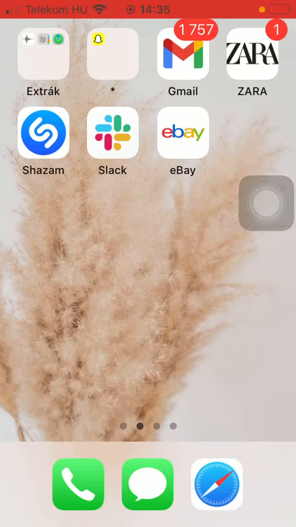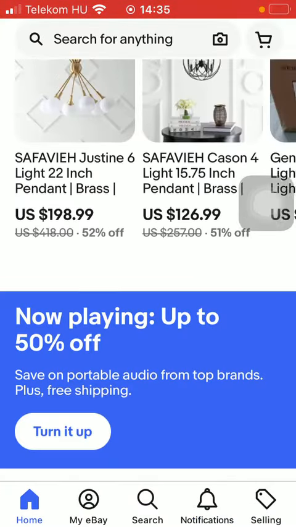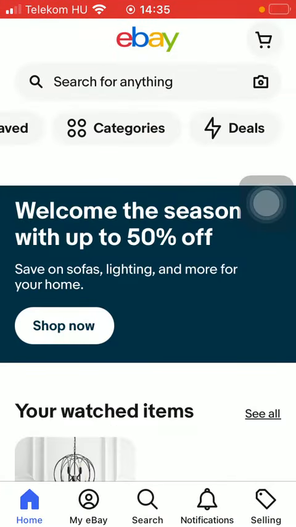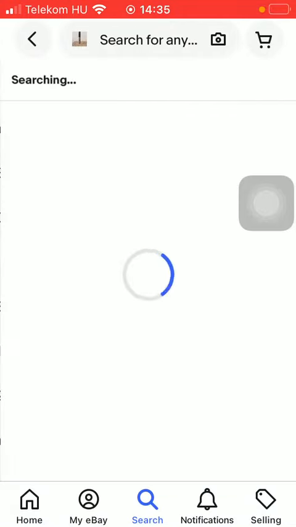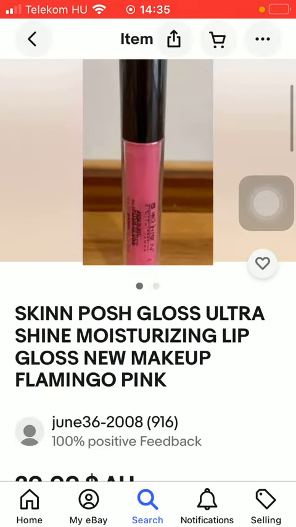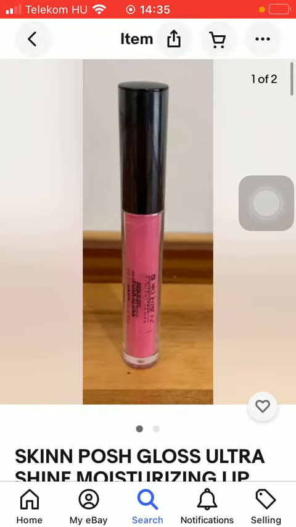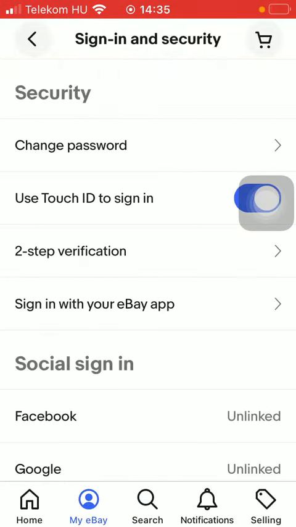So let's jump into it. First of all, open the application on your phone, tap on the home button down below, and you can search for products. So tap on the search bar and type in the name of that product that you are looking for. After finding it, you should tap on this heart icon in the right side of the screen below the picture itself. If you go to the My eBay section down below